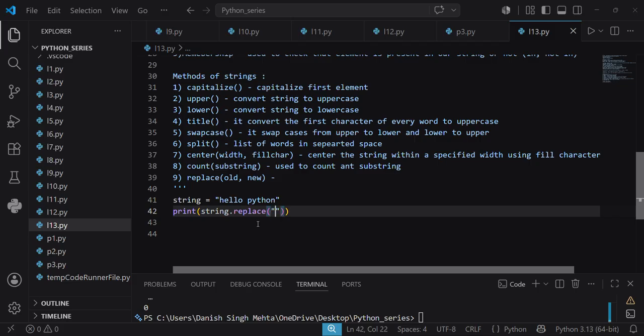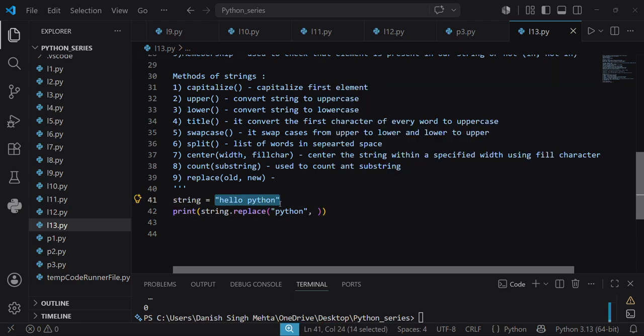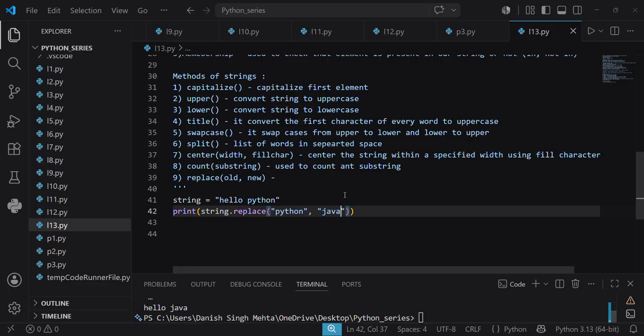Suppose I write Python. Old represents the substring we already have in the string. And if I write here Java, then we will get Hello Java. And I can also write the whole string, Hello Python,